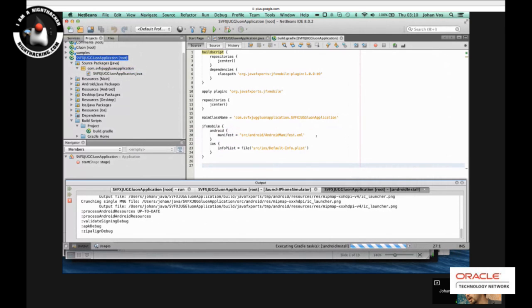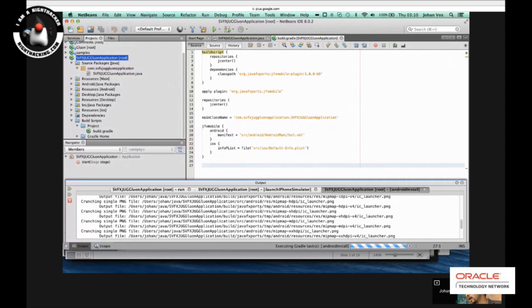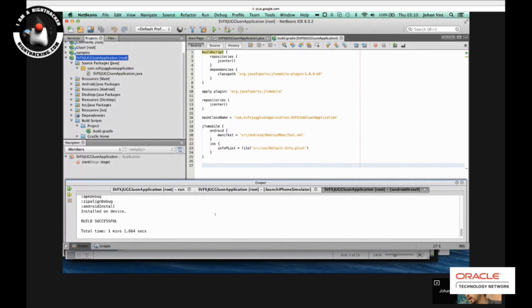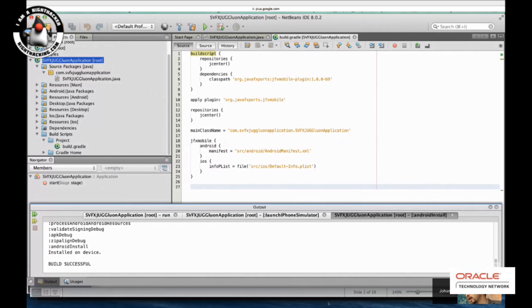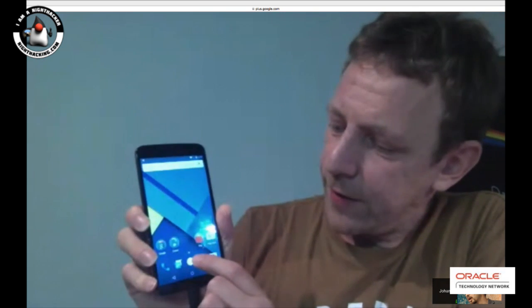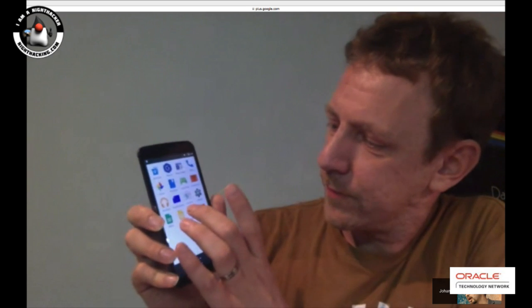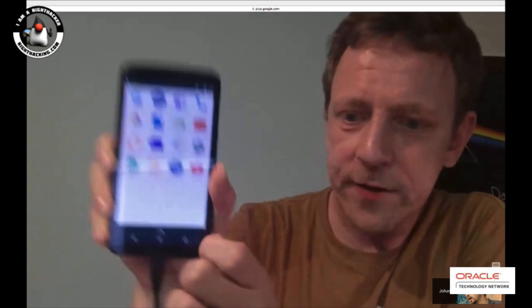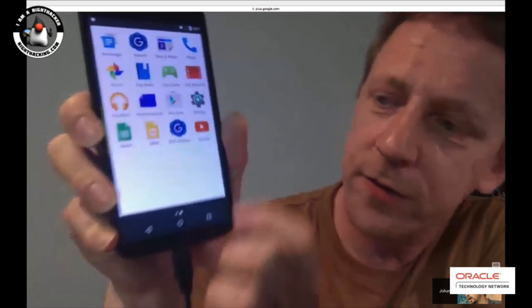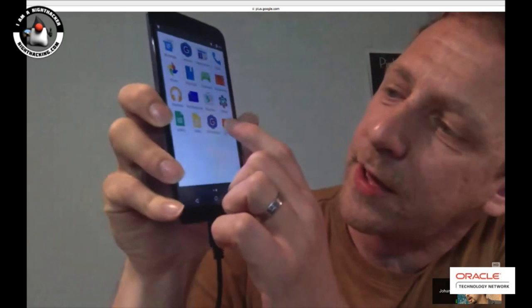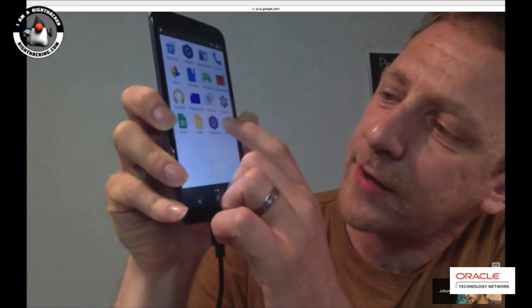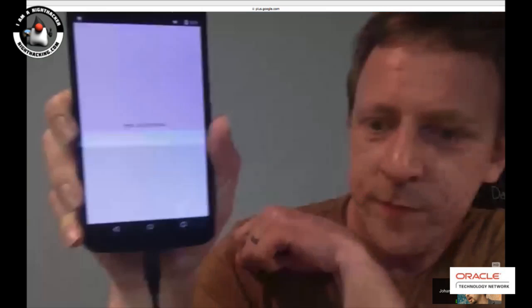But at this moment, the APK has been created, and it's finally installed on the device. If we have a look at this device, I hope you can see it a little bit. We see here an application. It's hard to see, so you have to believe me. SVFX Jug Gluon app, and it also shows the beautiful